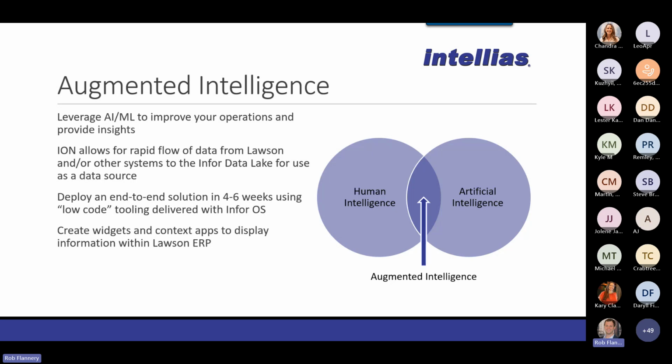They deliver an AI and kind of ML low-code environment. And from what we've seen, it's fairly simple and straightforward to build a pipeline to ingest your on-prem data into their cloud and deploy end-to-end solutions really in probably 4 to 6 weeks with this low-code tooling. So that includes moving the data, building models, training models, deploying models that can then really provide this concept of